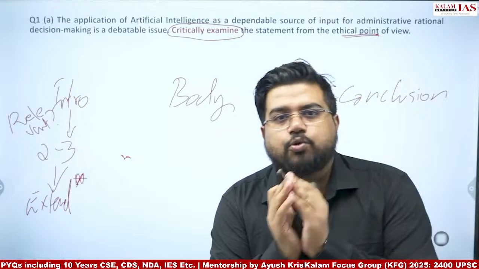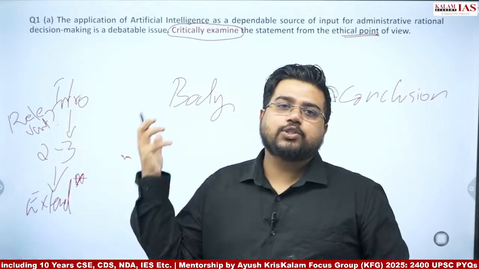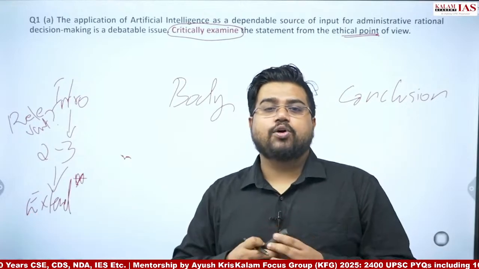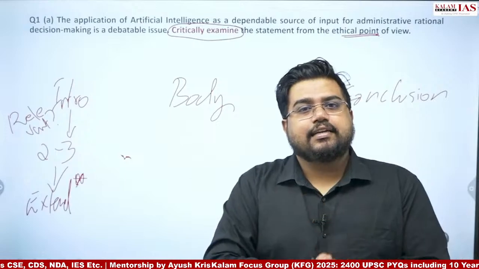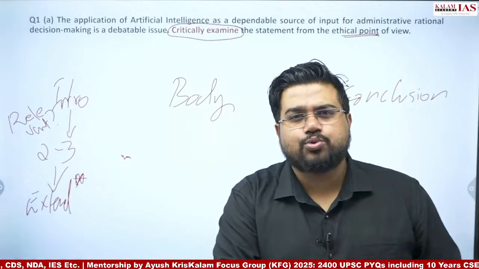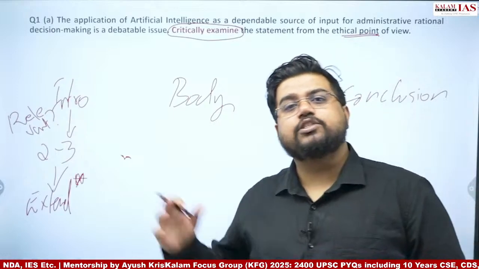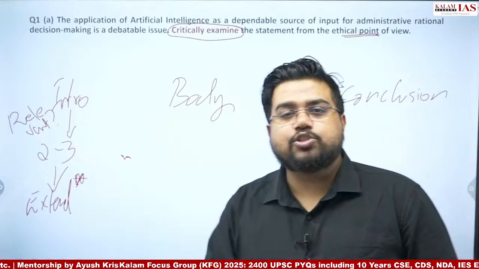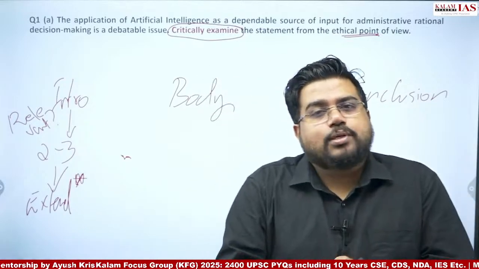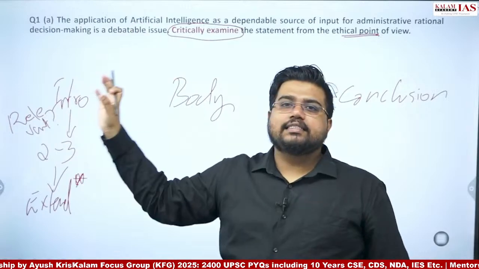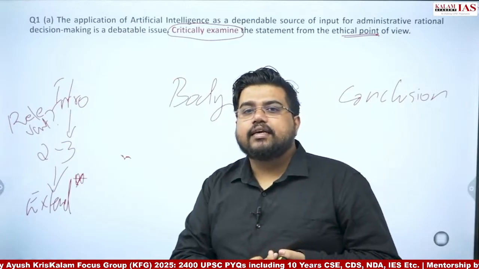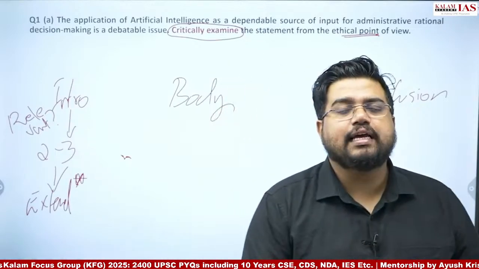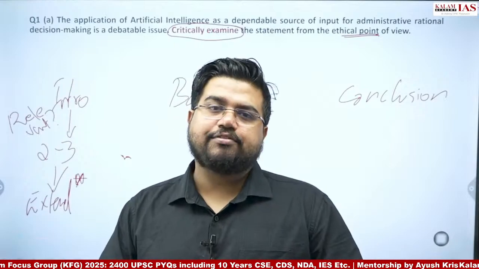If you can remember any quotation related to artificial intelligence said by Elon Musk or say Stephen Hawking or Bill Gates, or we have listed a recent statement by Chief Justice of India D.Y. Chandrachud, you can use that in the introduction as well. That can give a little bit more specific classic touch to the introduction. Otherwise, if you are not able to remember, just focus on writing something relevant. That can be a definition, that can be simply reinterpreting the quotation, that can be writing some factors, some aspects that are given in the quotation.